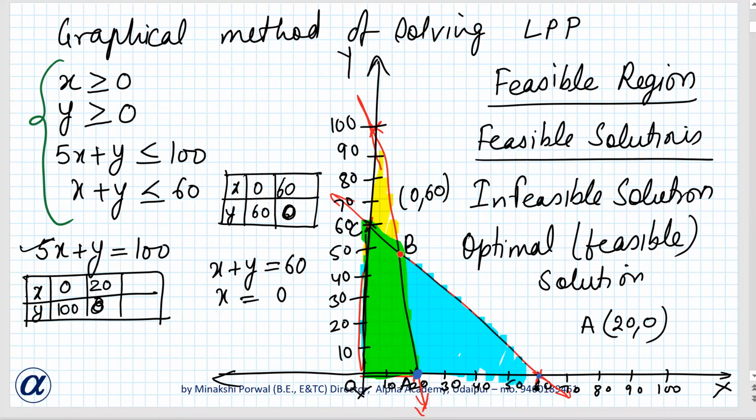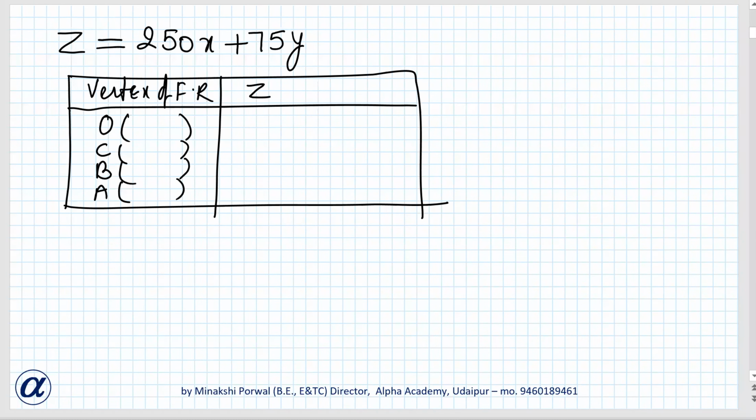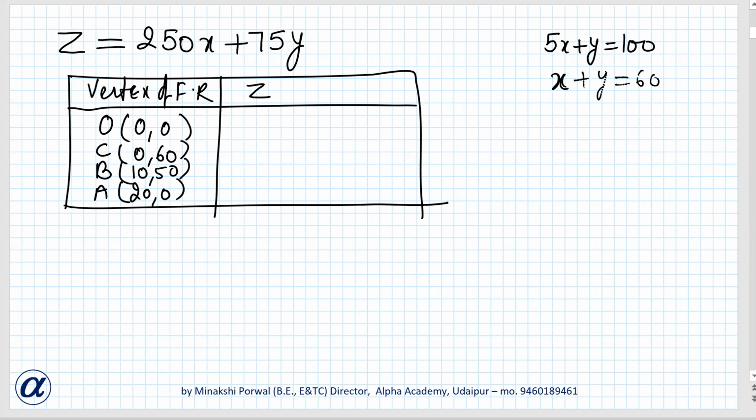How can we find B? Ma'am, 2 equations, x plus y 60 and 5x plus y 100. Yes, this you have to solve. Good. So find this B. Both of you find the value of B by solving these two equations. Sahil, are you present there? Yes, ma'am. I am asking how will we find B. Have you understood? Yes, ma'am. These two equations we have to solve.